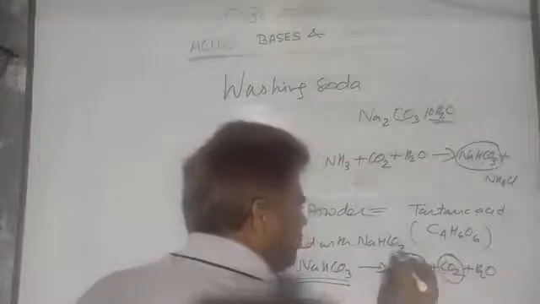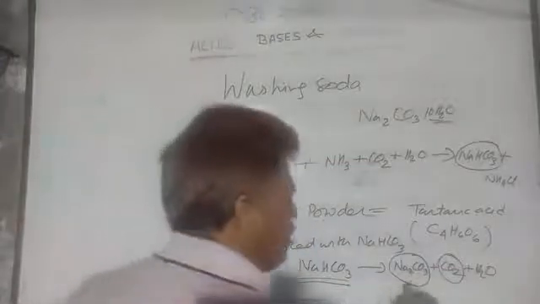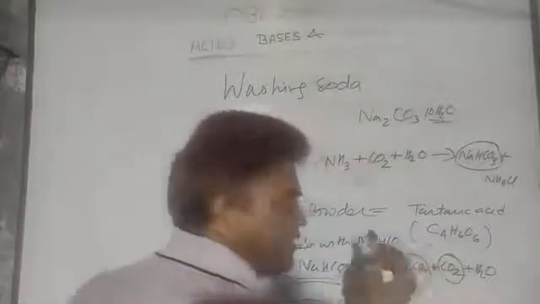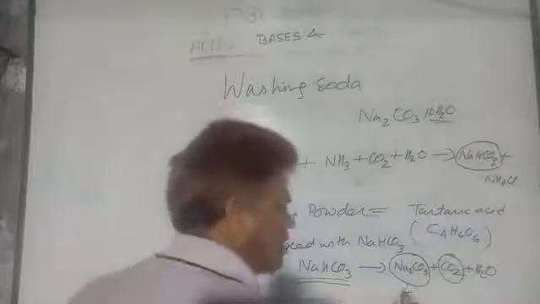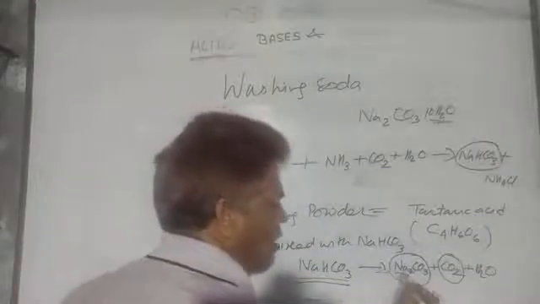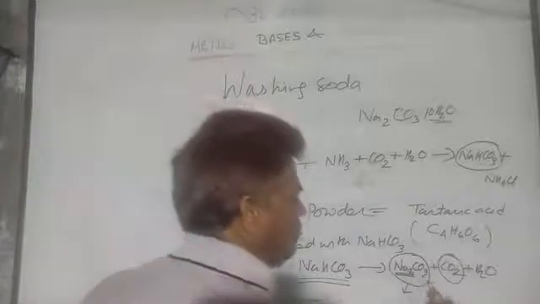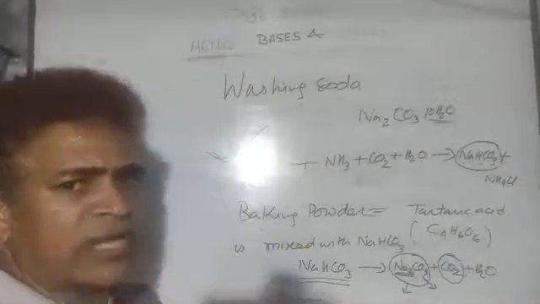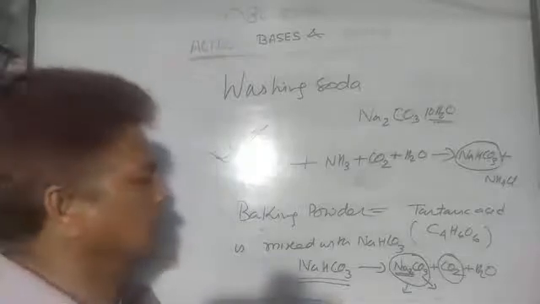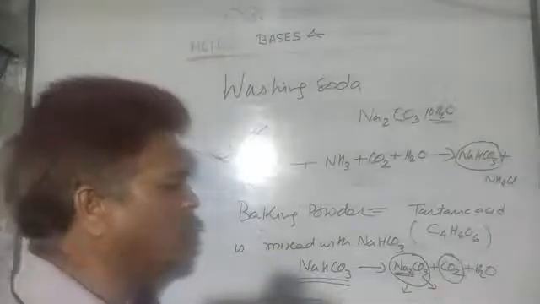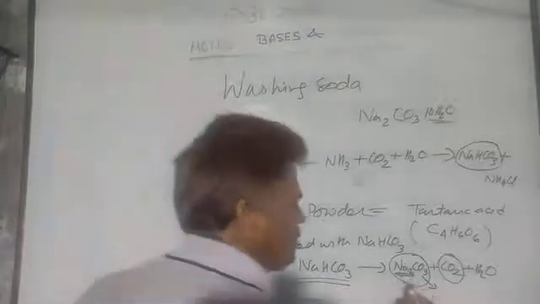But here one thing, the sodium carbonate is left on heating, and sodium carbonate is basic in nature. This is a salt and it is basic in nature, because in this salt the sodium comes from the stronger base and carbonate comes from the weaker acid. It was already discussed during the discussion of the types of salt. So, it is the basic salt.